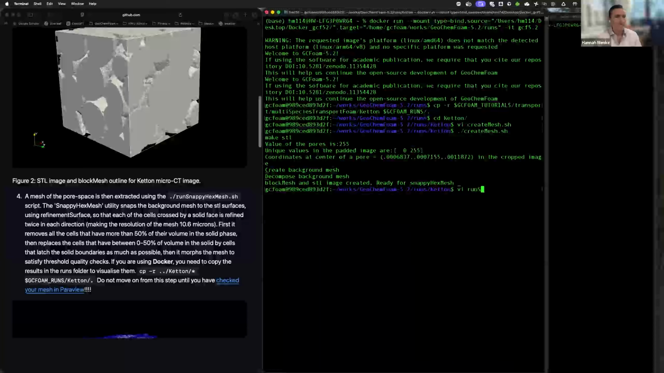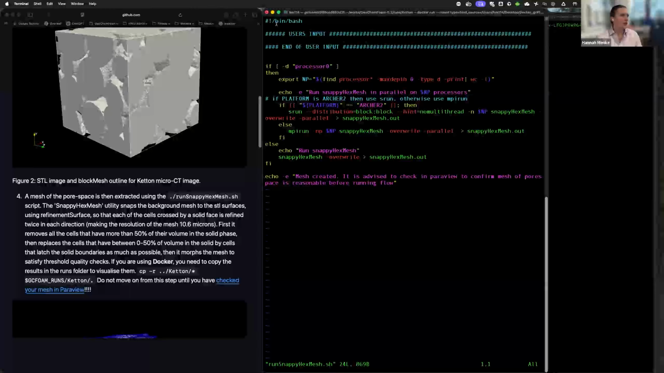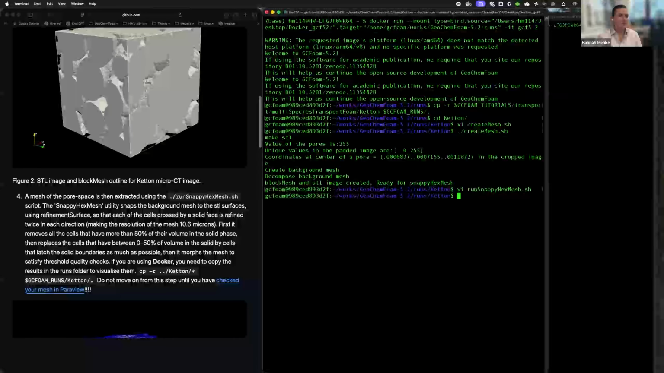Around here. So there's nothing for the user to do. All it does is call snappyHexMesh to snap the mesh. We'll run that in parallel, and then I'll show you what it looks like in ParaView once that's done. And then maybe that'll be a bit more clear as to